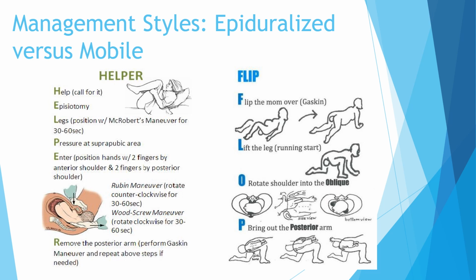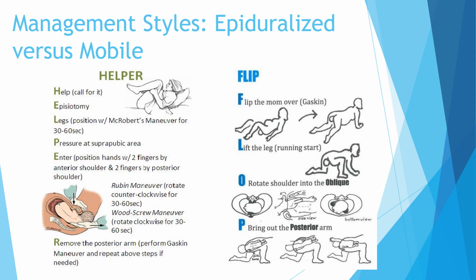Really exaggerating that McRoberts maneuver and suprapubic pressure will give a little more angle and space with the pelvis. So the goal with suprapubic pressure and the provider is to rotate that shoulder and help the baby deliver in that oblique angle. The flip-flop method, more what Gail Tully was referencing, has to do with non-epiduralized women, hands and